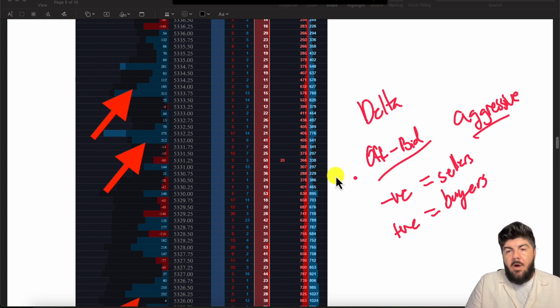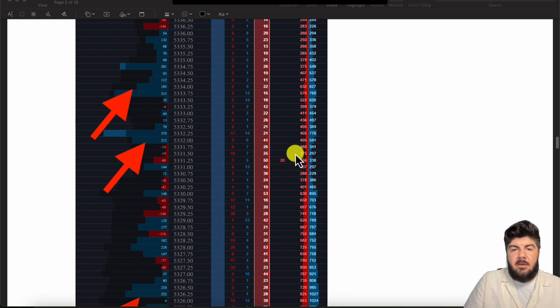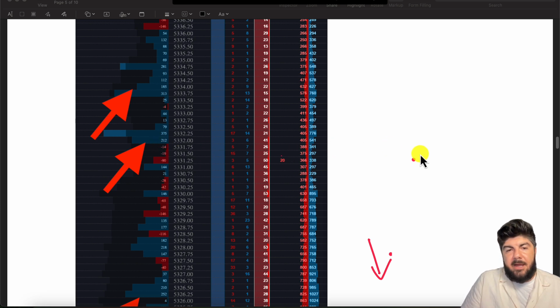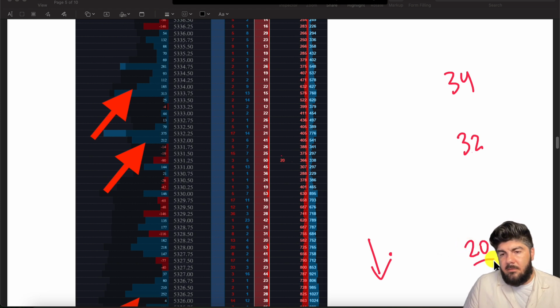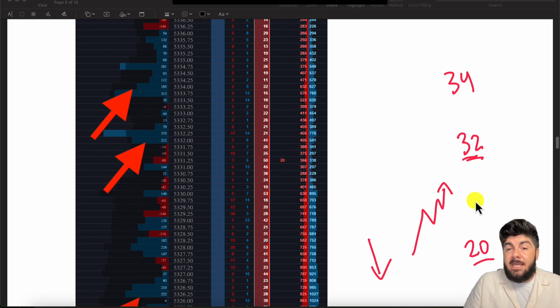So why would a level with aggressive buyers, given that now we have that terminology, if the price is down here and there's aggressive buyers at 32, all right, and at 34, why would trading up from the 20, why would a lot of buyers up here be bad news? Why is that a resistance and not a support? Well, the reason being is